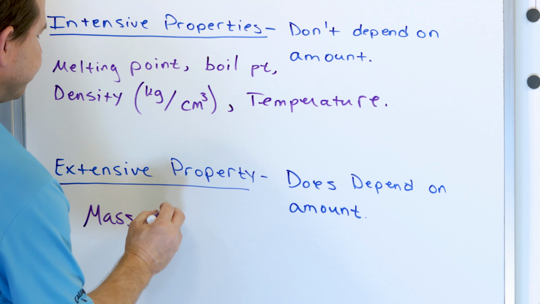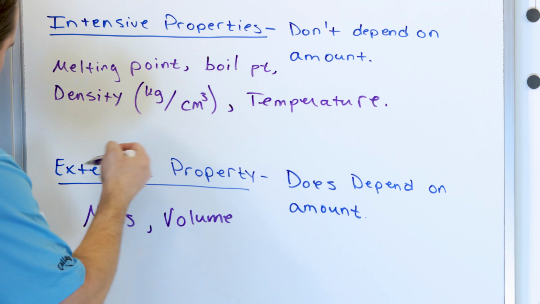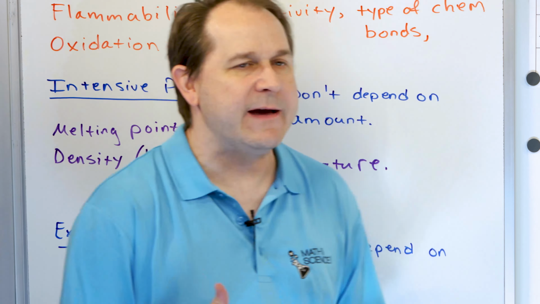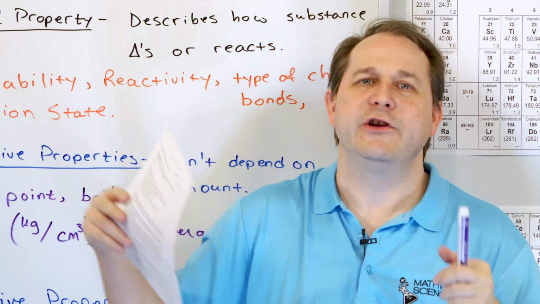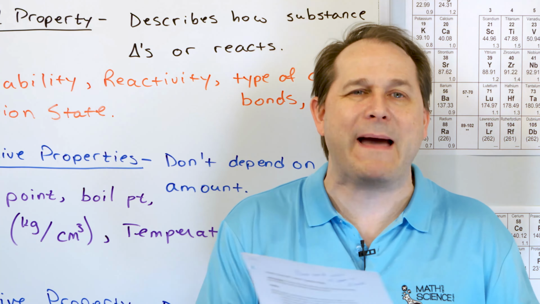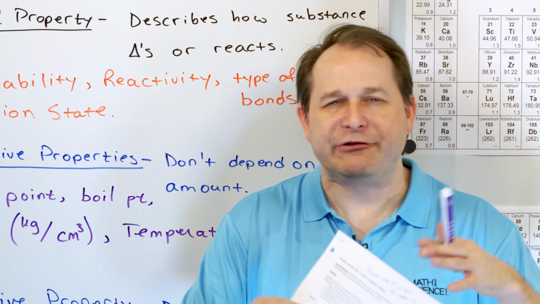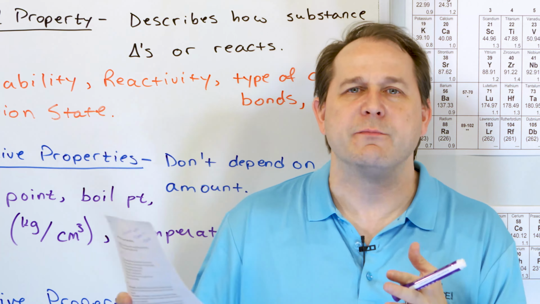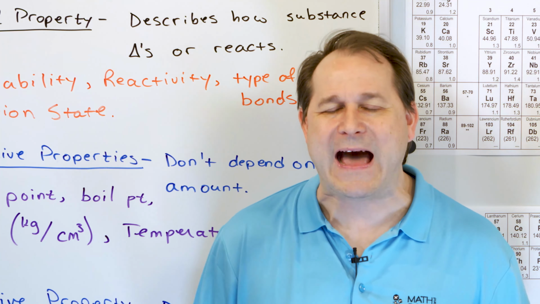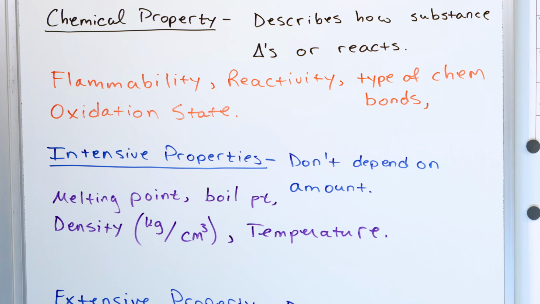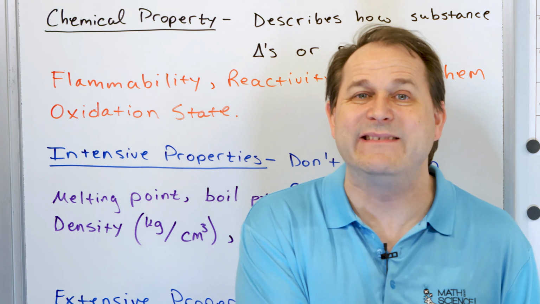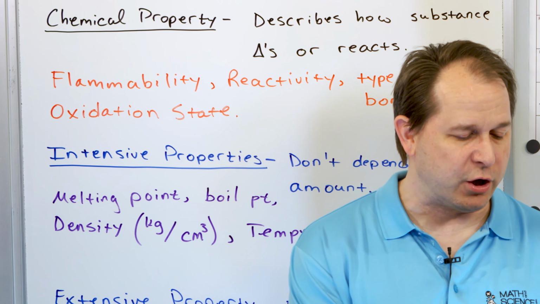What about volume? Volume depends on how much stuff you have as well. If you have this much water versus this much water, it depends on the amount of water that you have. Because volume, unless you're compressing it or doing anything weird, is related directly to the amount of atoms that are in there, essentially. So these are just definitions. You can use them when you're talking intelligently to people, but otherwise they don't really impact how we do our chemistry. But they are important because as we talk about things, I might refer to something as an extensive property or an intensive property, and you need to know what that is.